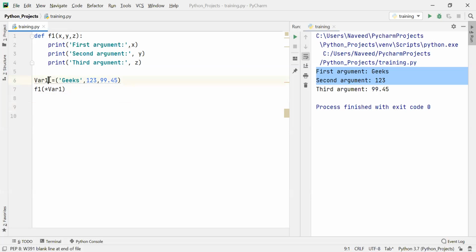Let's say I have a requirement to pass a dictionary. How can I do that? You know, kwargs.